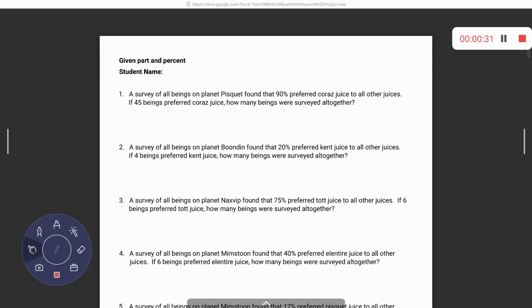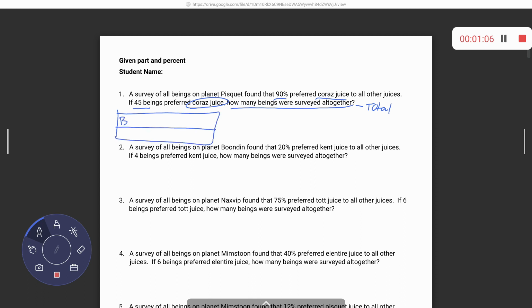problems. So here we have a first problem where it says a survey of all beings on the planet, whatever, found that 90% preferred this type of juice. If 45 beings preferred this type of juice, how many beings were surveyed altogether? This is asking for your total. See how it says that 45 beings prefer this juice, and 90% is this juice. That's the reason why you know 45 is your part. So if you do a table,